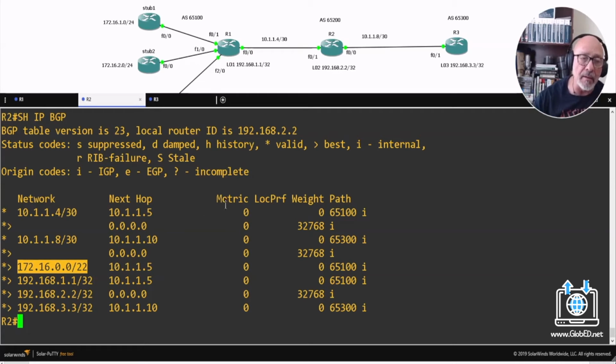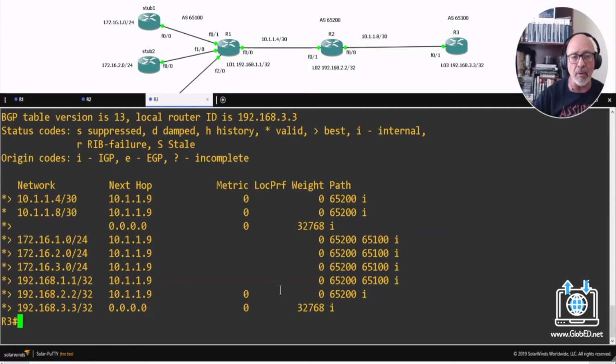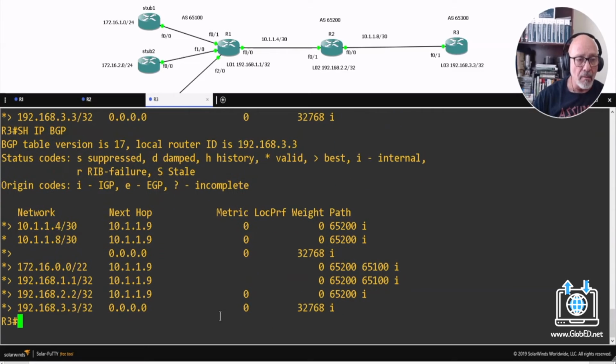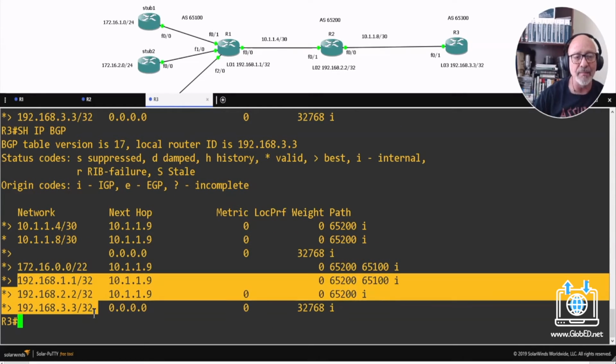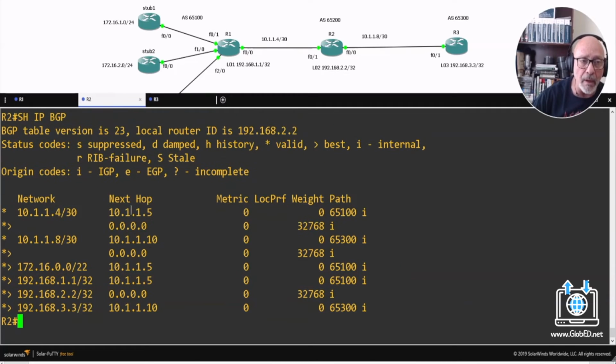And you do the same thing, because let's say now you want router 3. Let's go to router 3 and see what its routing table looks like right now. Well, look, he's getting the summary address. That's a good thing, but he's still getting these right here. So let's do something different from router 2. Let's go to router